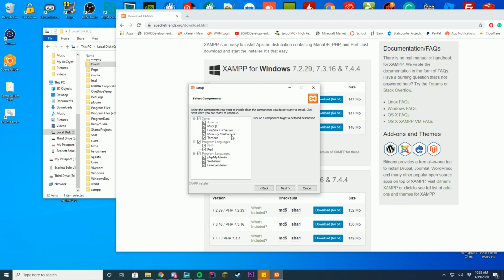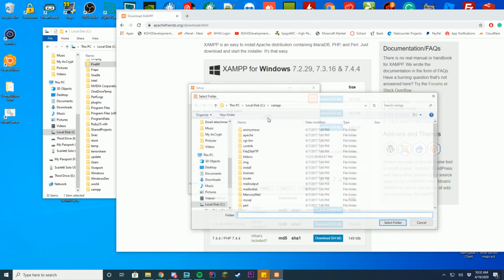Make sure this is selected. We don't need a mail server. We don't need really anything else. We don't need fake sendmail or any of that. Make sure the only things we need are phpMyAdmin and MySQL. So you don't actually need any of the rest of those. Not needed. Just press next, and then this is where you're going to select the folder you want to install